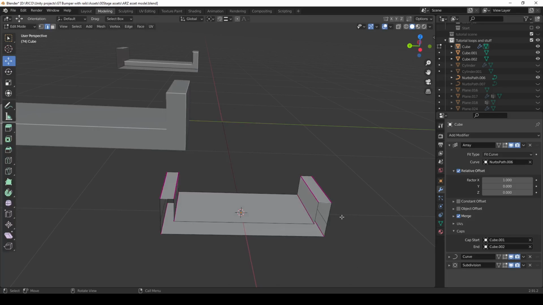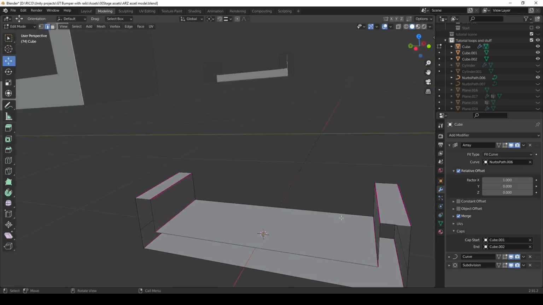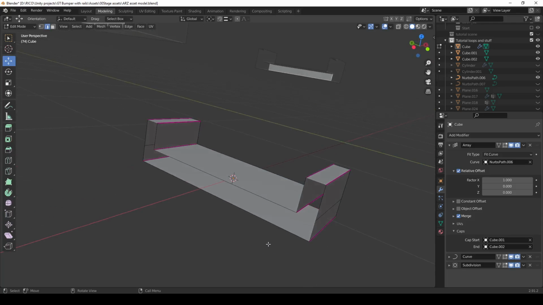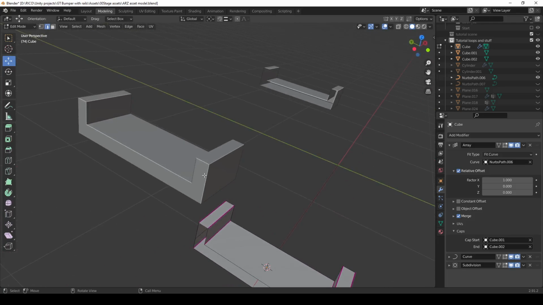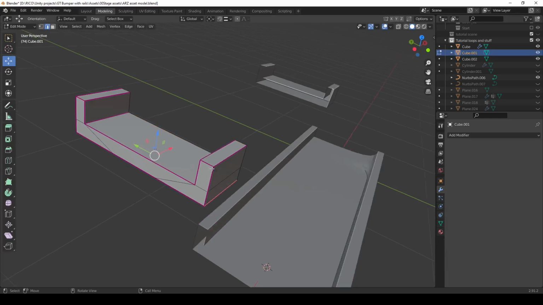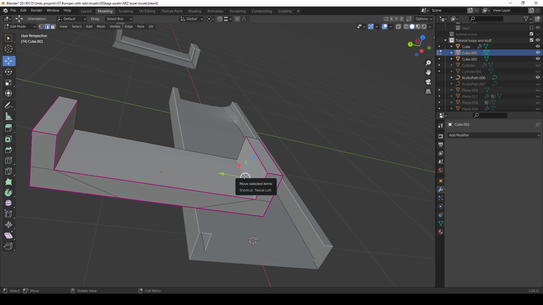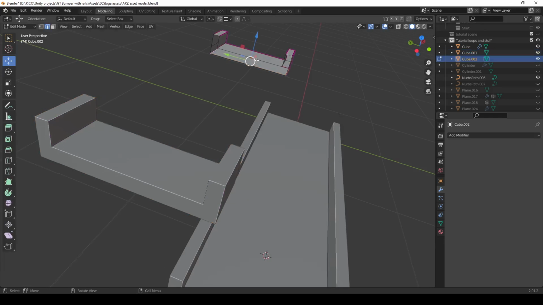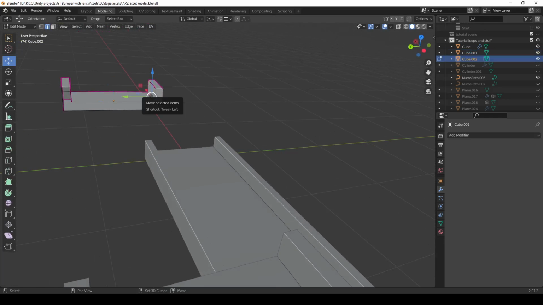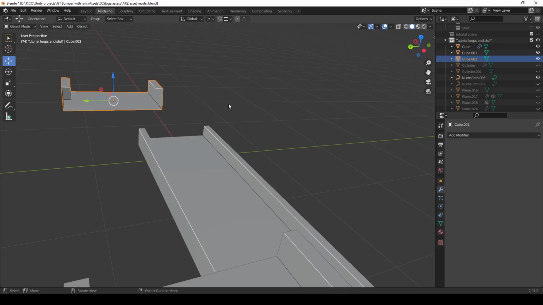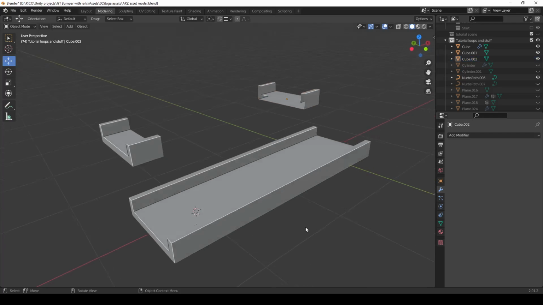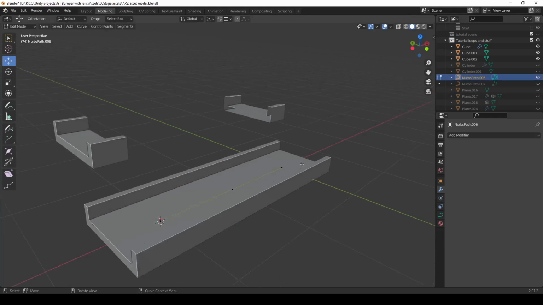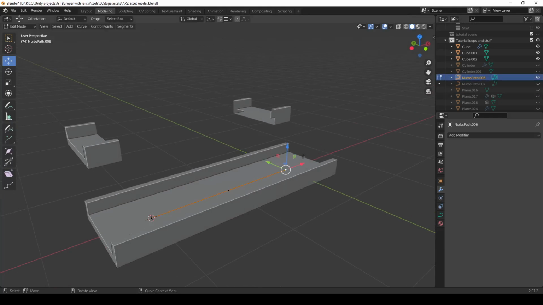Let me see, where is it? Issues. It should be all good. Oh yeah, there's this one. It's that this one here has the same issue. Yeah, there we are. There we are. Okay. Now if I select the path, go to edit mode, select this one here, then go